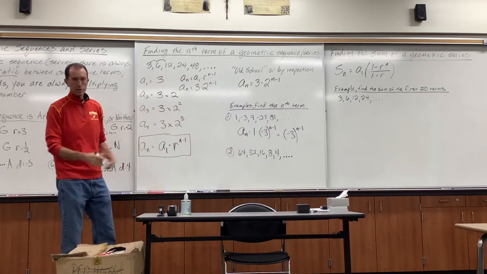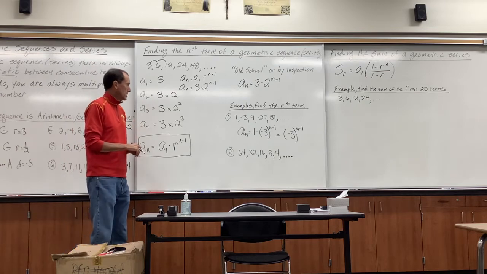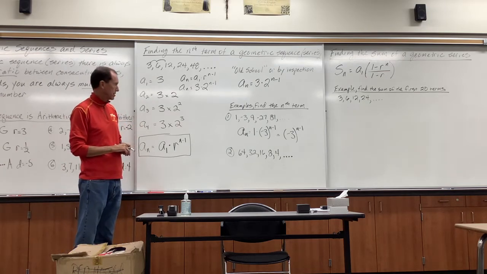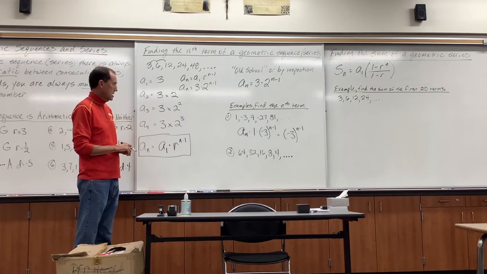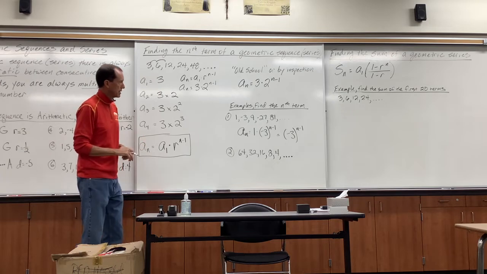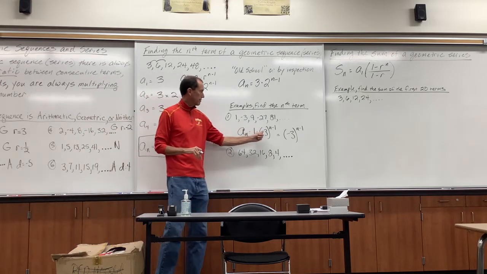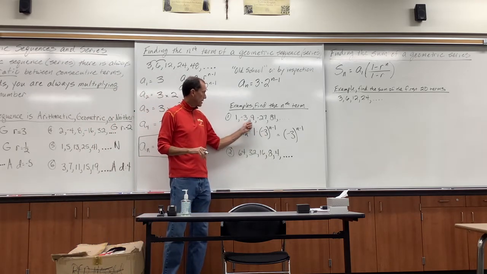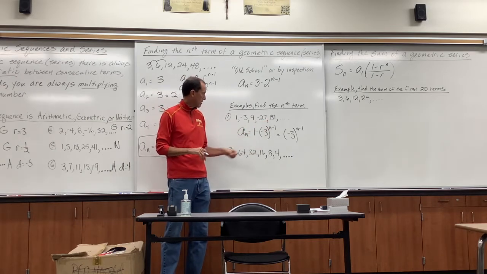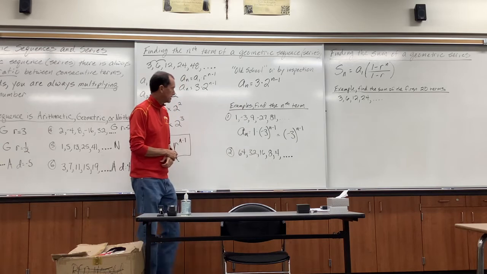And that could give you any term you wanted. You could find the 50th term if you wanted to. You could find the 10th term. You just have to plug in for n. Again, you're probably going to use your calculator to do that. If I was doing it by inspection, I'm not sure I could do it any quicker. I'd still be trying to figure out -3 is the ratio that I established, so I put it as a base to the nth power, and then maybe